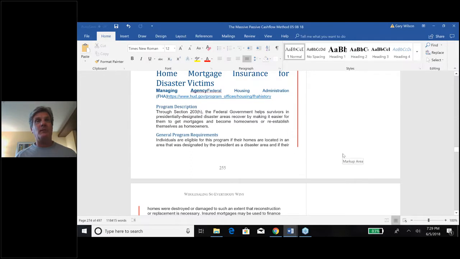Remember Katrina? I mean, there's any hurricane, areas devastated by tornadoes, flooding, like last week, parts of Virginia, central Virginia, were underwater. Roads were literally run over. You couldn't drive over them. The water was actually up to the bridge trestles in some cases. In any case, there's a 203H program that makes it possible for survivors of natural disaster to recover. You know, get mortgages to build a new home. Most cases, you're not working on the one you lived in because it's probably gone. You just have to get a new home. But these loans are available.